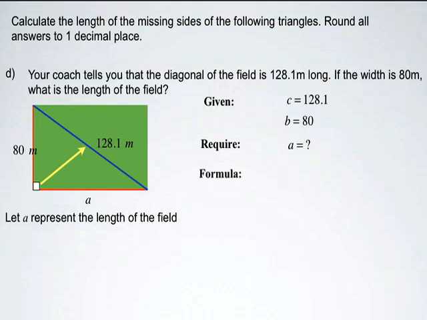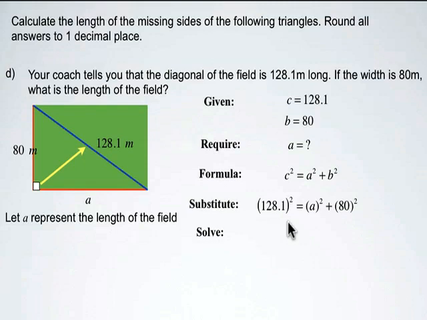So we're going to write our formula, which is c squared equals a squared plus b squared, and we're going to sub in. And when we sub in, we're going to solve a little bit differently this time, because with a squared plus 80 squared, we're going to subtract 80 squared from both sides to get rid of the 80 squared from the right hand side of the equation. We flip this around, so we end up with a squared is equal to 128.1 squared minus 80 squared,